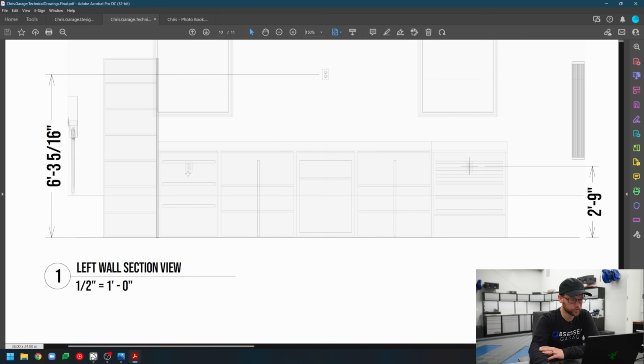So we're always wanting to go right below the top of the cabinet, so that it's going to be concealed, and then you're not ever going to have any outlets showing. A lot of guys will want to put them above the work surface. So if you're doing something like Sabre cabinets, that might make sense. You could do the outlet up here because you can't really integrate a power bar into the cabinet